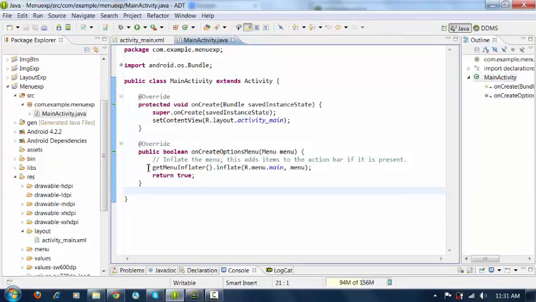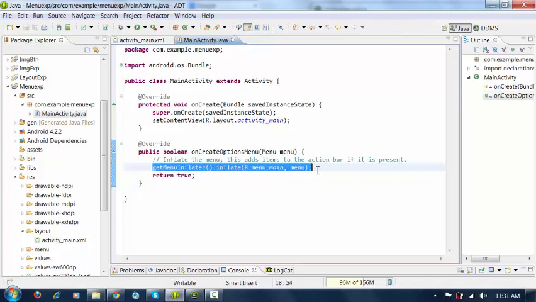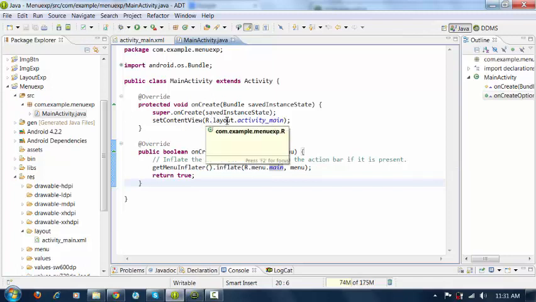The first line here is getMenuInflater().inflate, and it is asking for two parameters: the first is R.menu.main, and the second one is menu. First let us see what this R.menu.main is. As I told, if it is R.layout.activity_main, it will be inside the resource folder, then inside the layout folder.